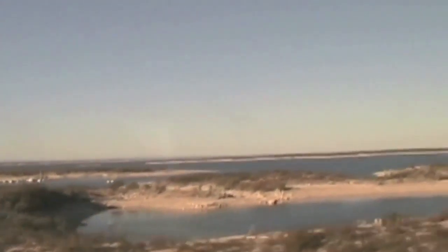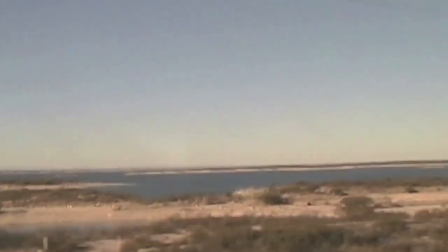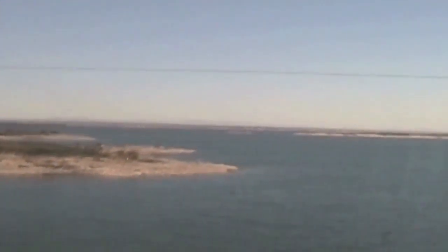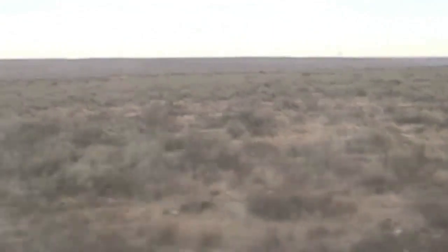Right on the border near Del Rio, we see a break in all this dry country. Lake Amistad. Doesn't that mean friendship? Yes. I don't think it's too friendly anymore, is it? Well, it's an act of friendship between the United States and Mexico. Well, look how blue. We're approaching Lake Amistad, a reservoir spanning the border, promoting friendship, or amistad, between the United States and Mexico. We cross the lake on this bridge, parallel to the highway bridge. This is west of Del Rio. We pass through mile after mile of West Texas desert until...